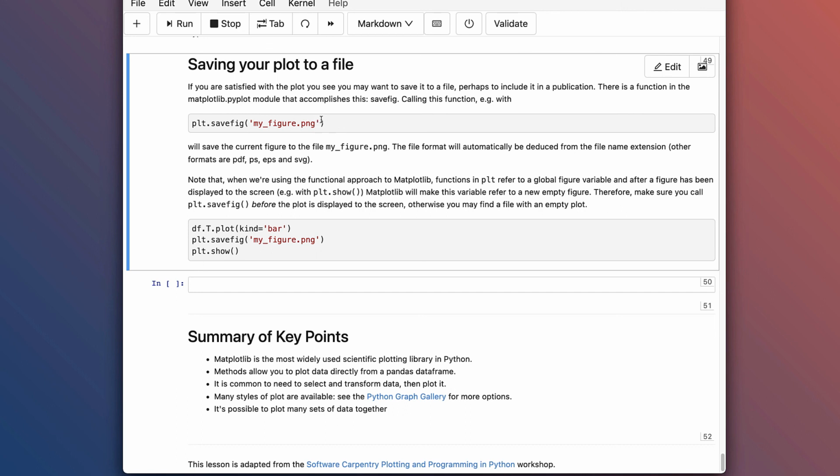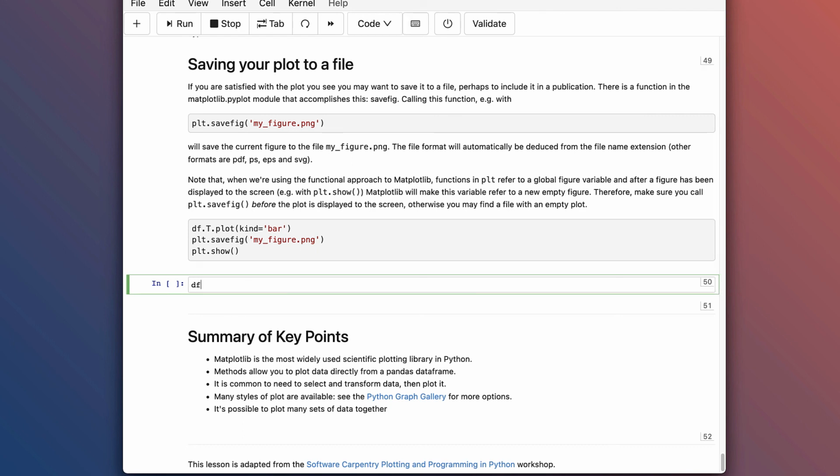So I say .png, it'll save a PNG file. If I say .jpeg, it'll save a JPEG. If I say .pdf, it'll save a PDF. You can Google the help for plt.savefig and see all the different image formats that Matplotlib will save as. There's quite a few. Pretty much anything you can imagine wanting, it will do for you. So just to show you this in action, we're going to do